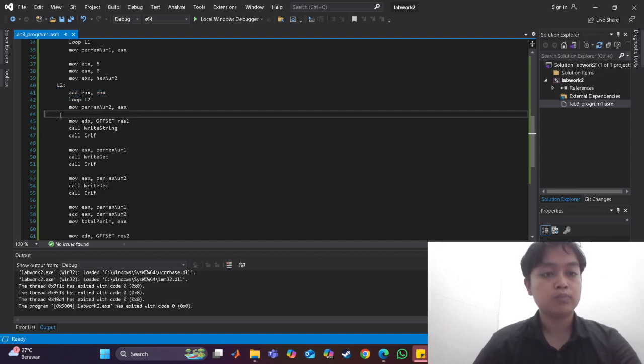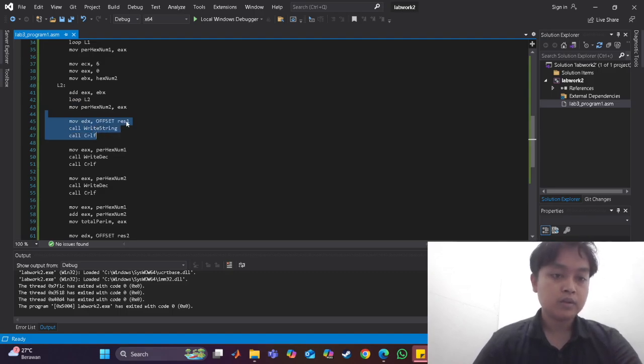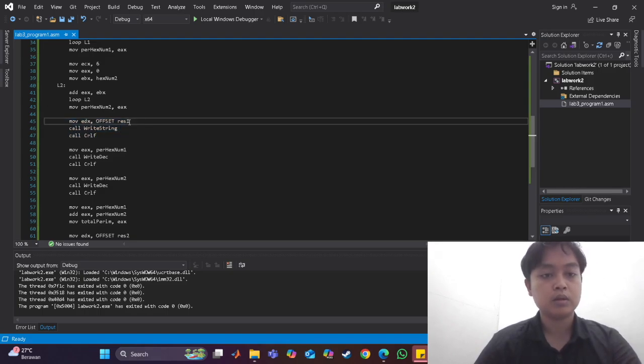Now is the output for the final step. So first, this will output the rest one, which is we want to define both for the value of the perimeter. So this, as usual, call the write string to output the string, and then call CRLF.